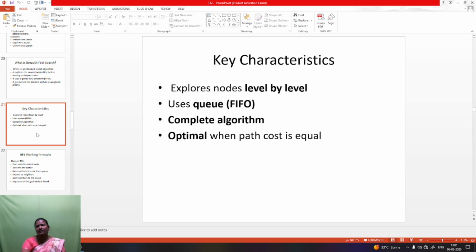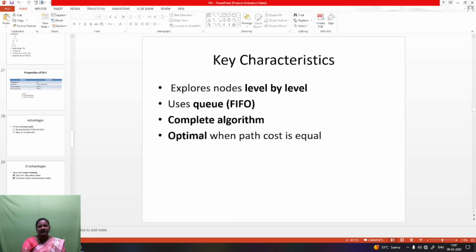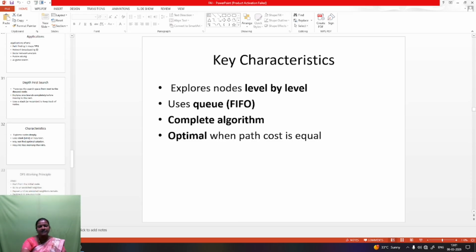It explores nodes level by level. It uses a queue data structure. It is a complete algorithm because it provides a 100% solution. Then it is an optimal algorithm also. Then the next algorithm is